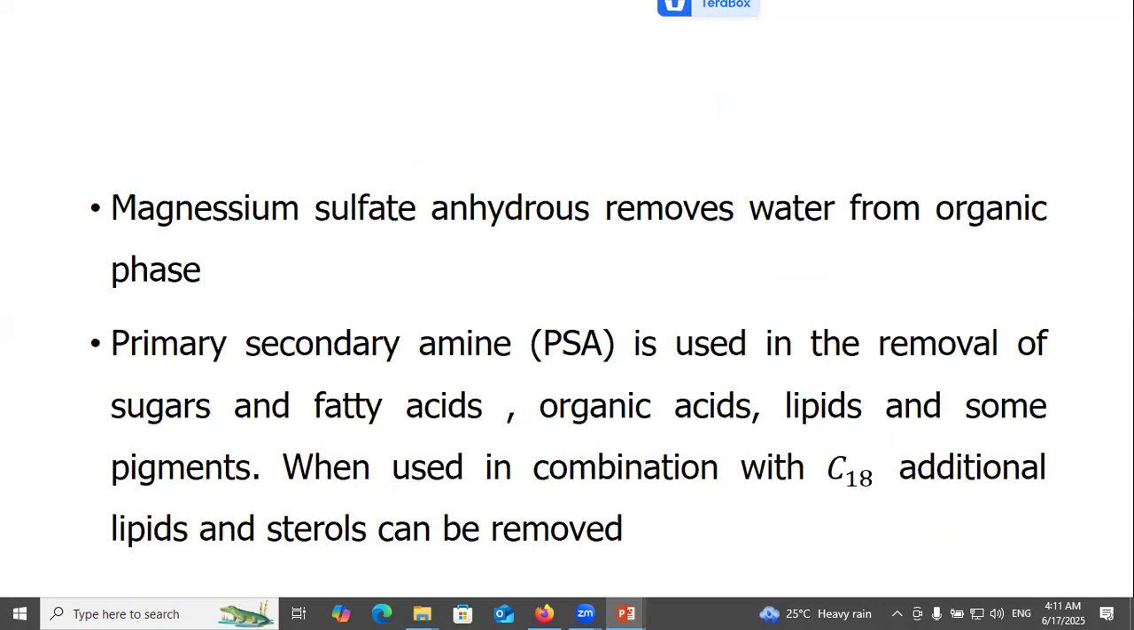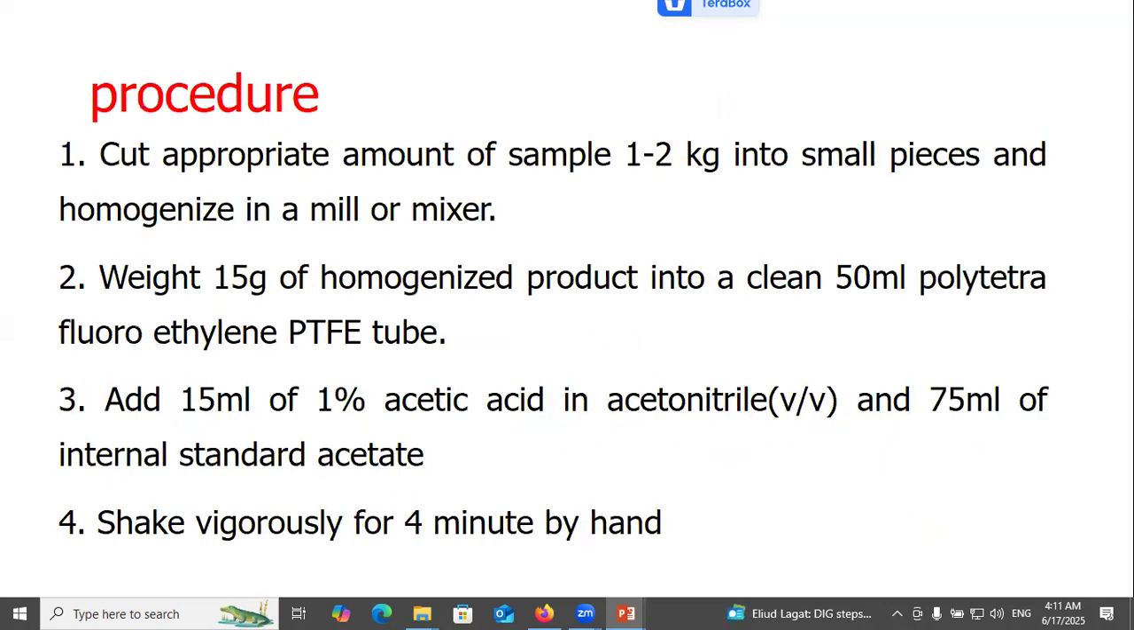When used in combination with C18, additional lipids and sterols can be removed. Procedure: cut an appropriate amount of sample, 1 to 2 kg, into small pieces and homogenize in a mill or mixer. Weigh 15 grams of homogeneous product into a clean 50 ml